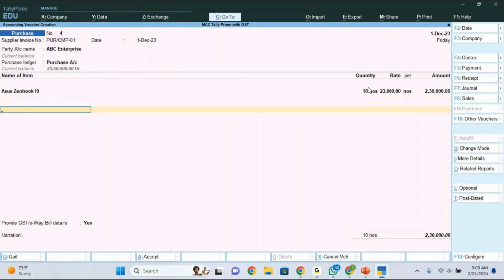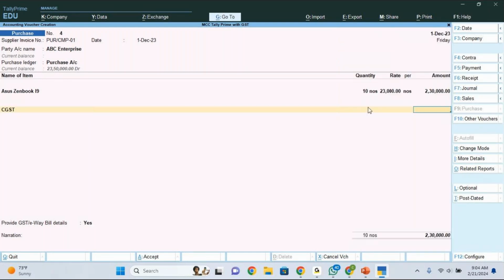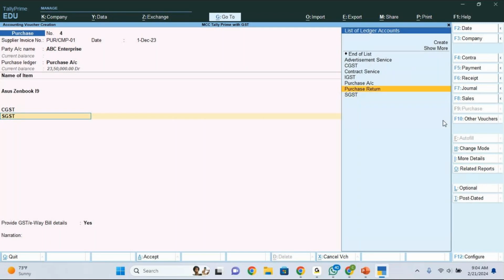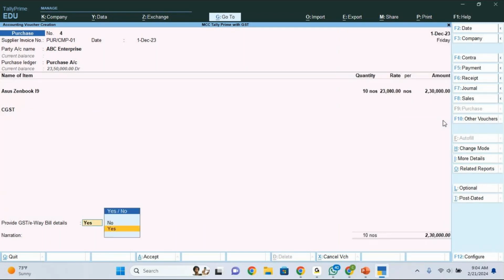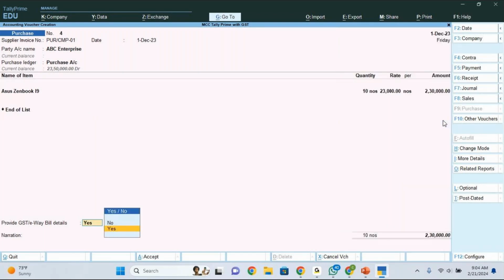Okay. So now this is how you are supposed to record. We will not mention any tax here, CGST, SGST, because I told you, right? The composite dealer is not supposed to collect tax from us, so we will not provide. Even if I try to provide here, you can see that it will not calculate CGST, and even if I try SGST also, you can see that it will not calculate, because in this transaction we are not supposed to pay any tax. So it is of no use even if you mention CGST and SGST. Okay, so no e-way bill as well,